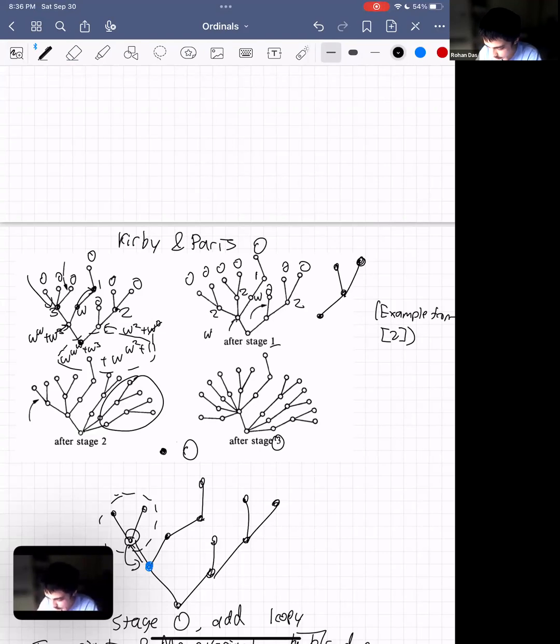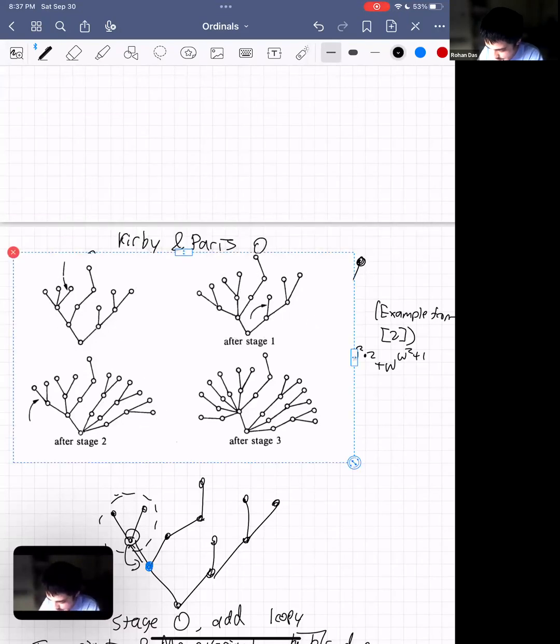Then here we can compute omega to the omega plus 2 omega plus omega squared times 2, because there are two 2's. And then this one is omega squared plus omega to the 0, which is 1. And then the final one would be omega to the omega to the omega plus omega squared times 2 plus omega to the omega squared plus 1. And if we look at these terms side by side,